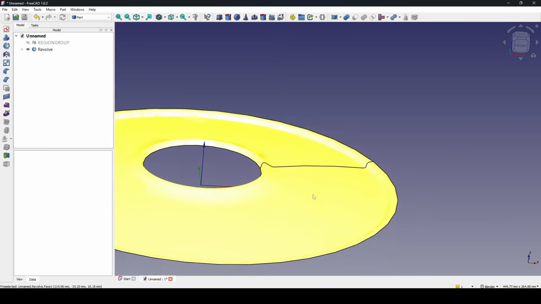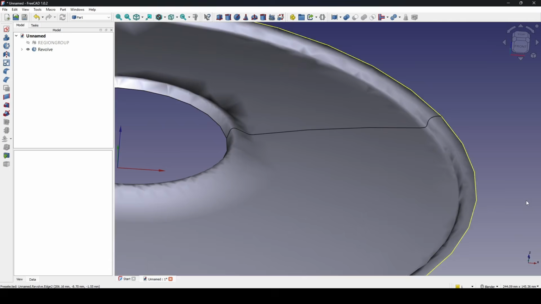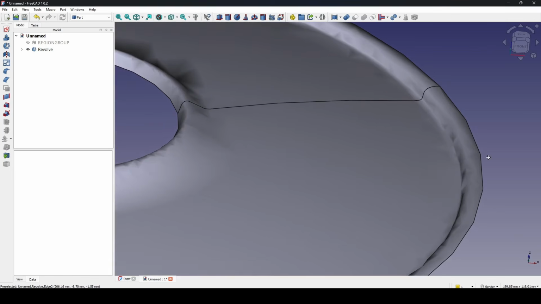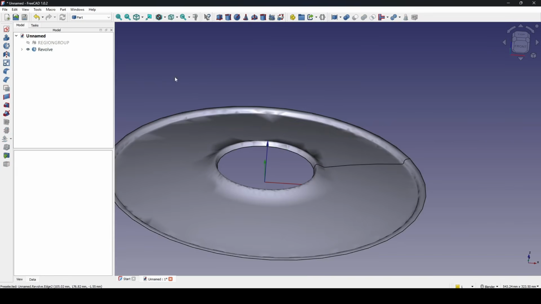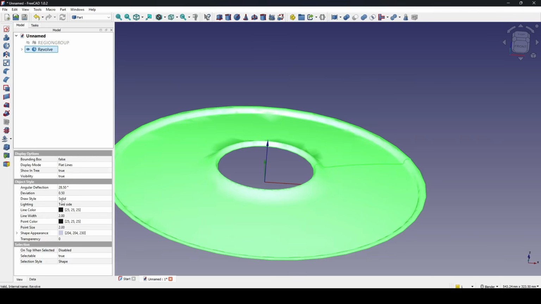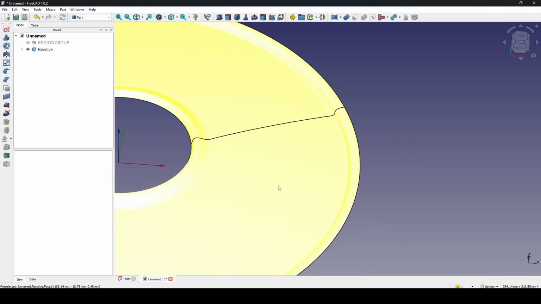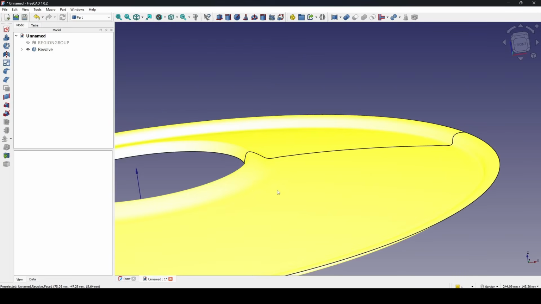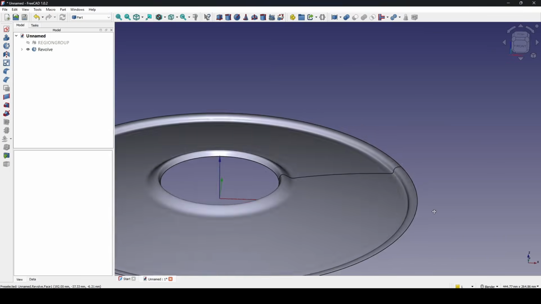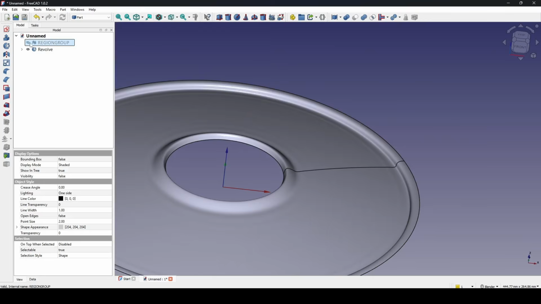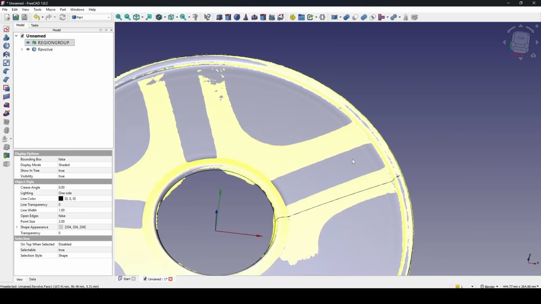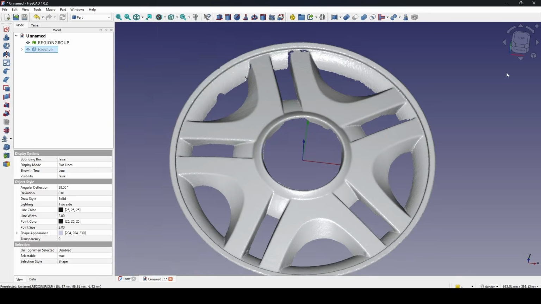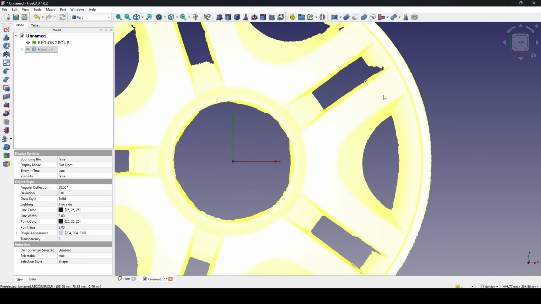The surface generated is not a very good surface, and we can make it better by clicking on here and going to the view and setting it to 0.01, and you can see the surface is now much better. And we also have some small bumps in here, but if I show the mesh and I hide the revolve, you can see because in here